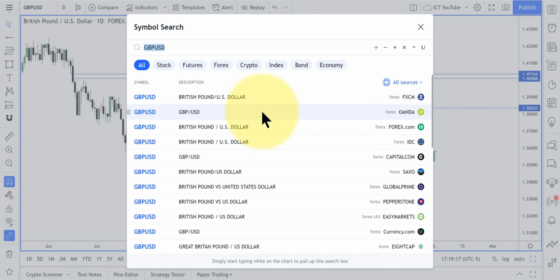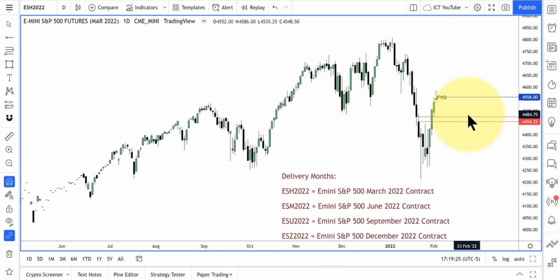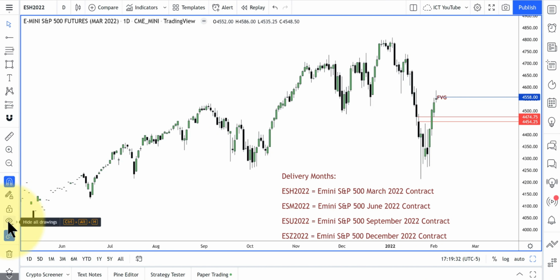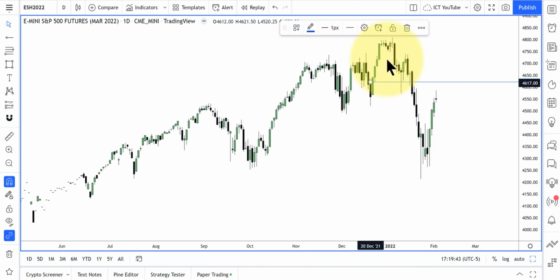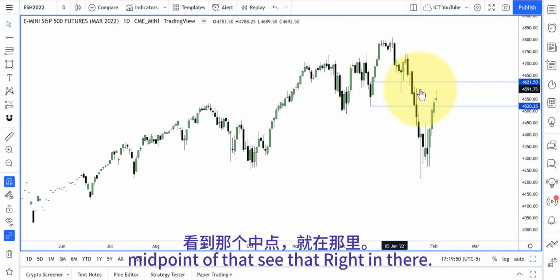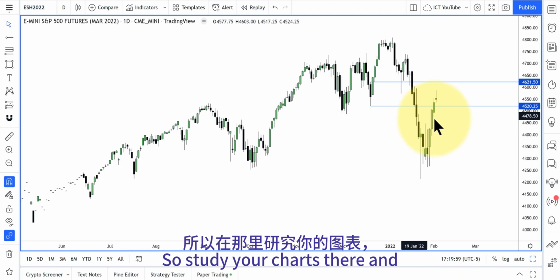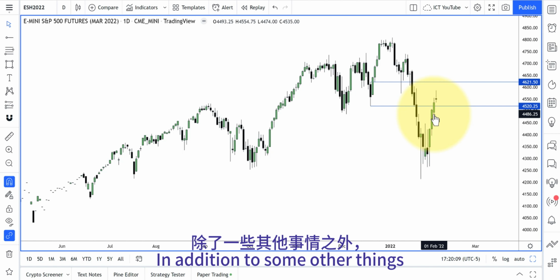And let's see, ESH2022. And I think with this breaker, we're inside. Let me get this stuff off here. We're in this breaker. Midpoint of that, see that? Right in there. So mean threshold. So watch this area here, because we already seen some support trading off the volume imbalance there. So study your charts there,